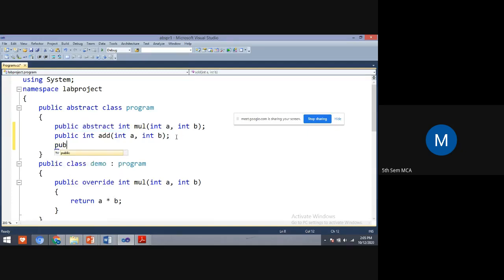One more also I can create, a public int or public float multiply mul1, because I already have that method, int z comma float.